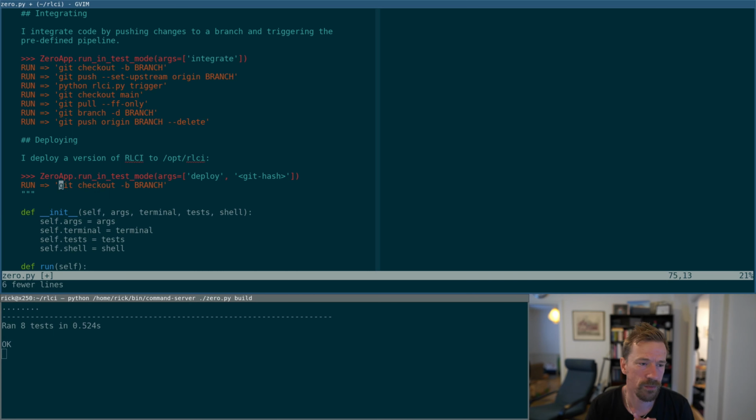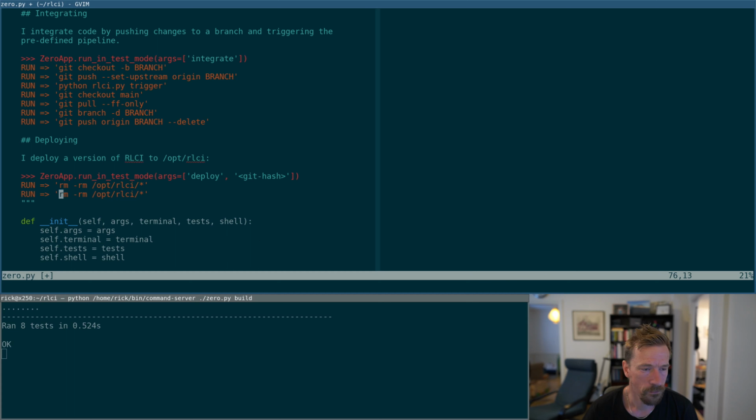And we expect the following command. So how do we do a deploy to opt? One way to do it is like this. So rm -rf opt RLCI star, and then we do a